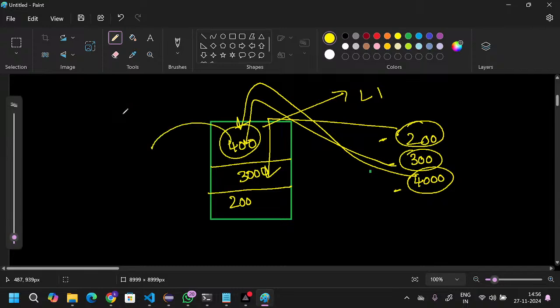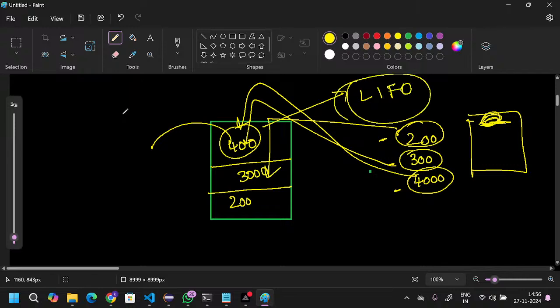When you see the Chrome history also, it will come like this only. Whatever you see last will be visible first. So that is the reason we call this the LIFO data structure. I hope this is clear. Next we'll go with the